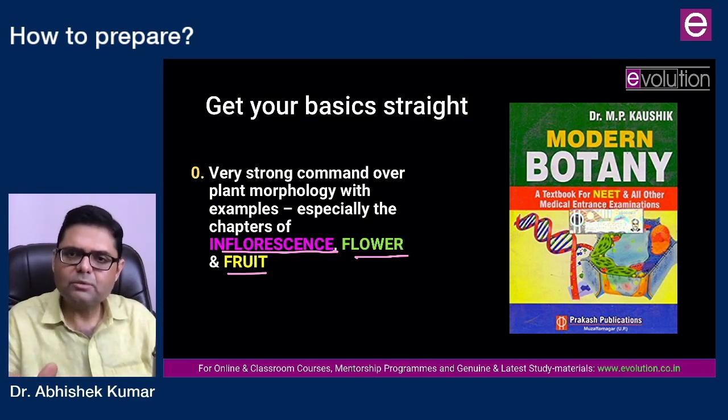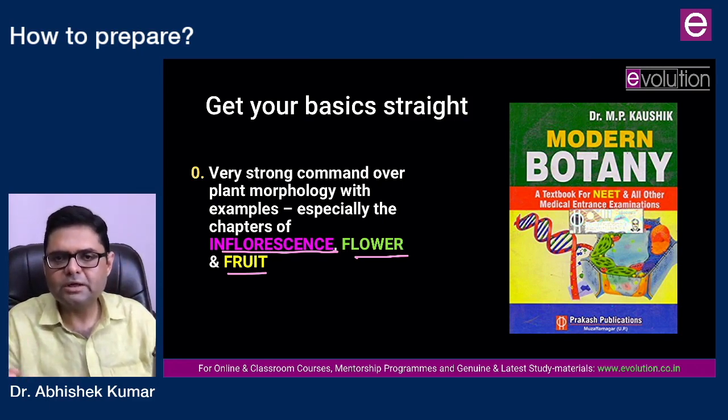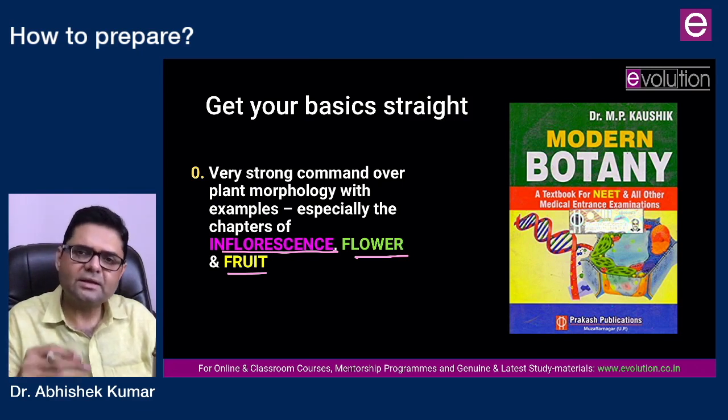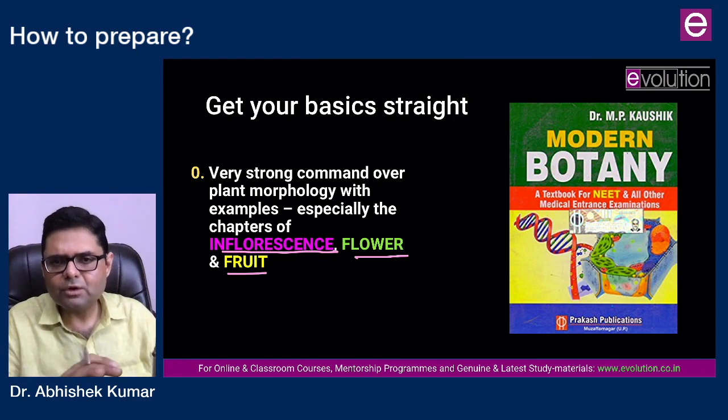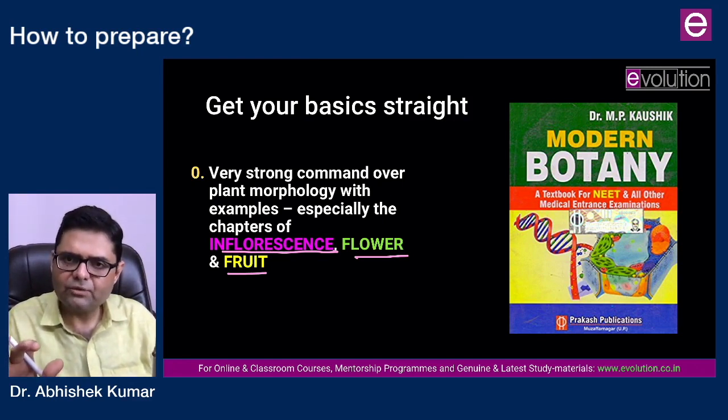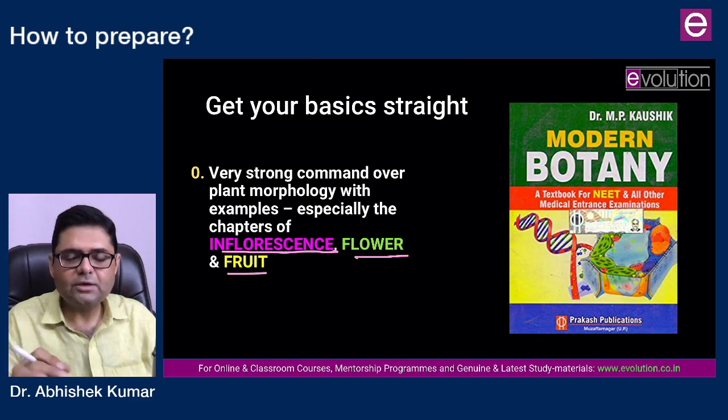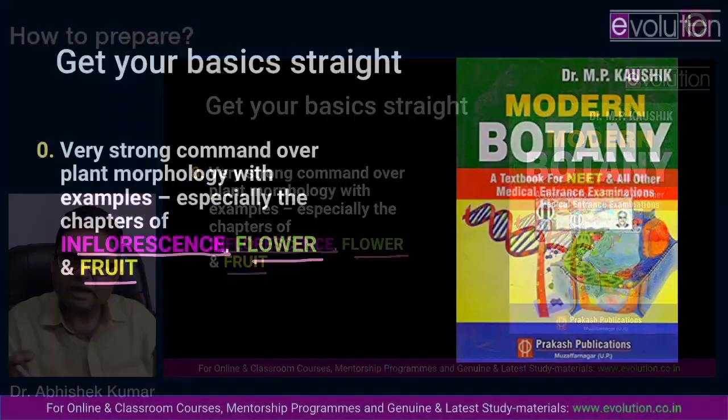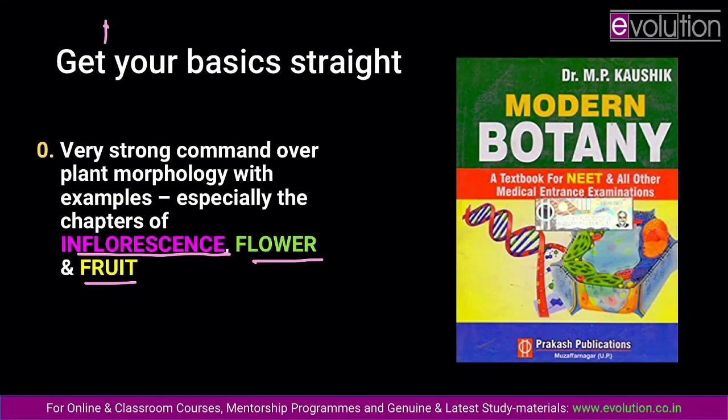If you do not have Modern Botany, you can think of College Botany by A.C. Datta, you can think of College Botany Volume 1 by Ganguly and Carr, or you can also do Neat Botany by Wiley Publication, another highly recommended book by me. Any one of these books will be straight for your benefit. I am writing all the 3 books so that you do not feel compelled to buy a specific book. So the alternative books are Neat Botany, that is on Wiley Publication.